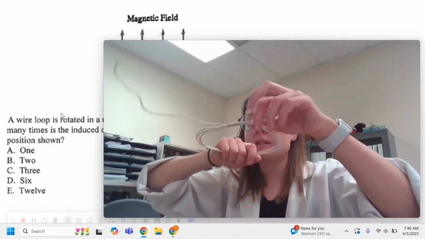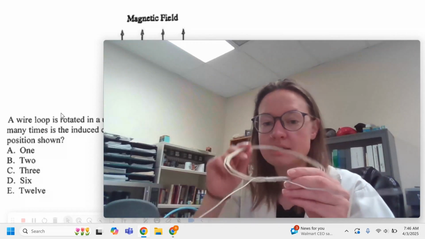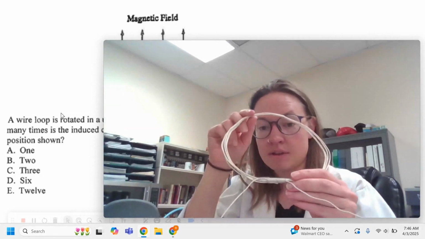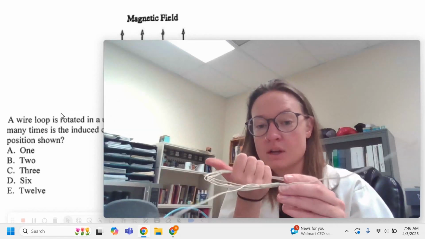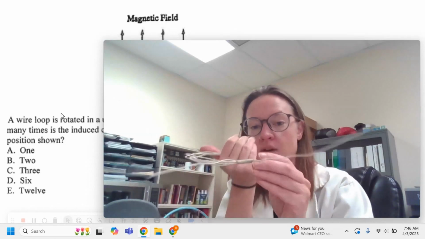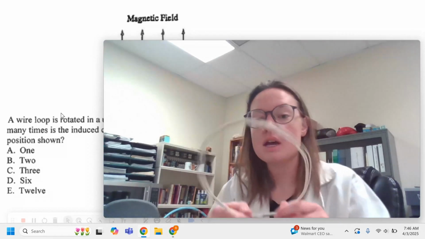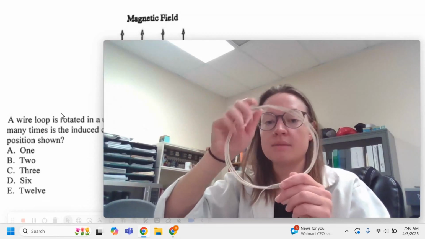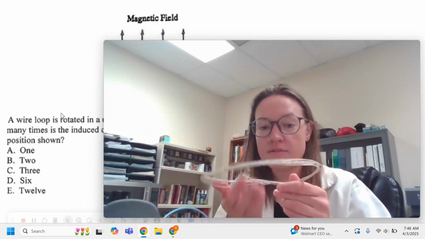As the loop continues, once it gets to here, you have tons of flux going up. Then as it continues on its journey, you now are going to have decreasing flux going up, so the loop will try to undo that change by making more flux going up. Before it was making flux going down, now it's making flux going up, and so because it's making flux going up, the current will change directions. So here's what we see. We see the wire making flux going down, then flux going up,